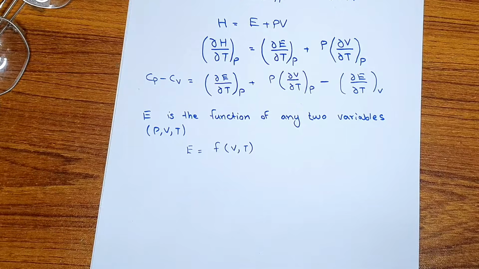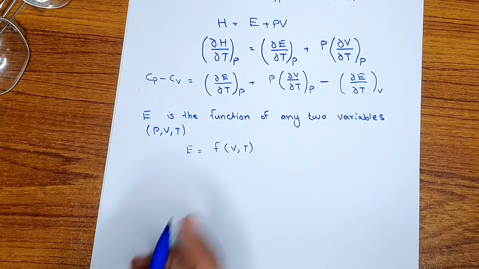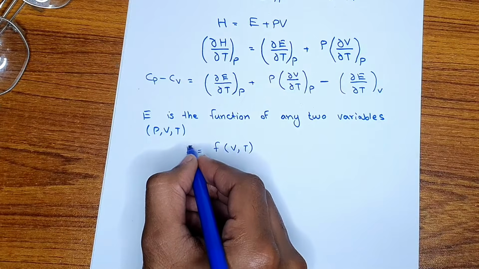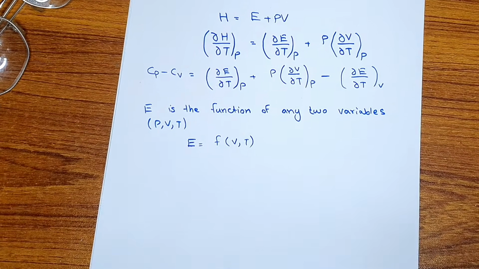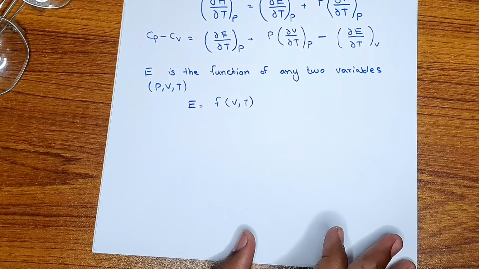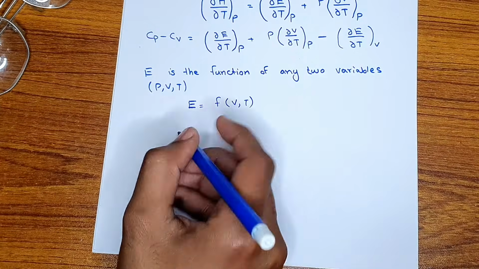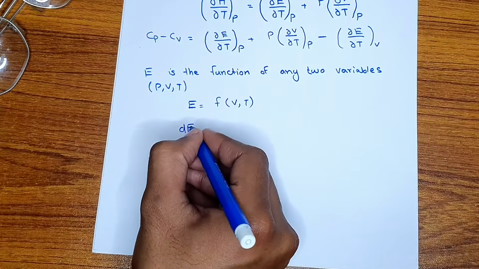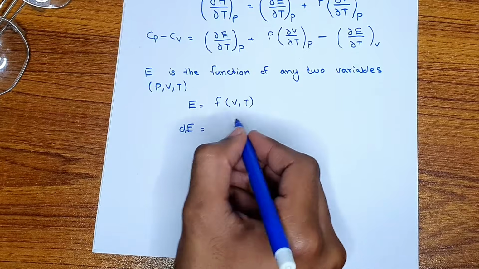As you know that here we have taken the energy to be a function of volume and temperature, and since energy is a state function, I'm going to take the exact differential of the energy, which will give me dE is equal to